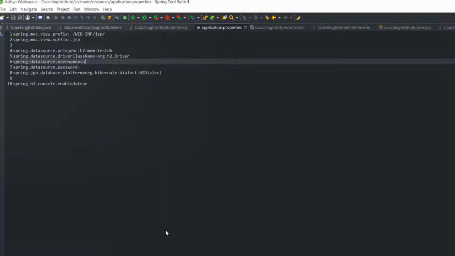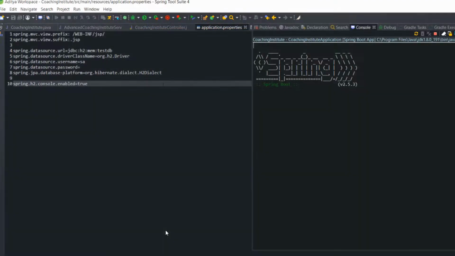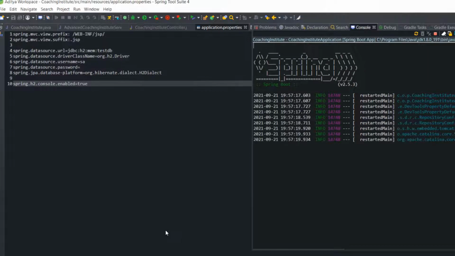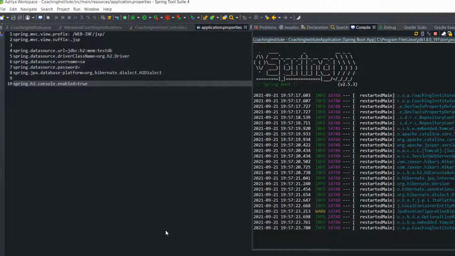But right now this is just for testing purposes of an application, right? Maybe in a later video I'm going to explain how to use this H2 database in a file instead of an embedded application. But for now I'm just using the default only. Let's restart the application. I think this time it will work, because most of the errors are rectified. Let's see what happens next.